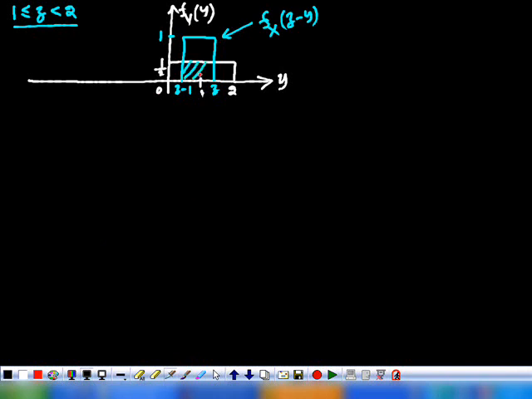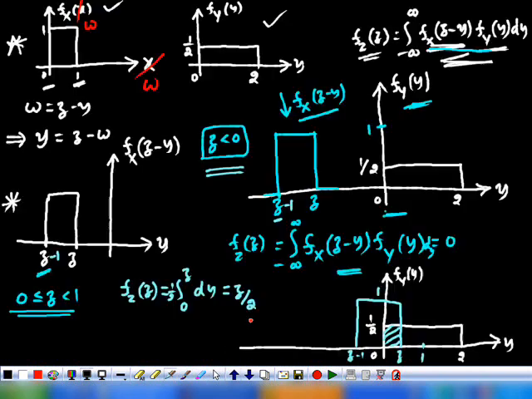Now if you observe this, there is a common region. So this is the common region, and over this region the product is non-zero. What is the interval? z minus 1 to z is the region. Then which integral do you have to consider? Go back to the integrals, 4 integrals. See, the plots are to decide the interval. Why are we plotting? To decide over which interval it is not 0.